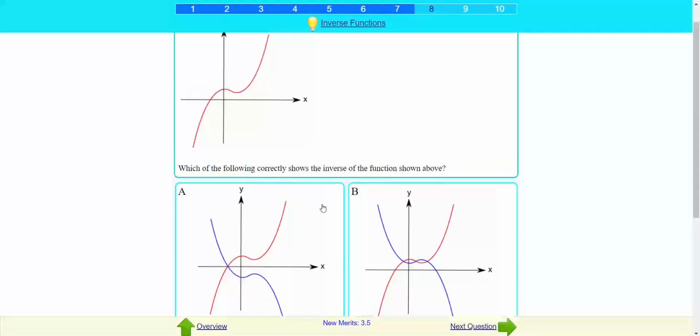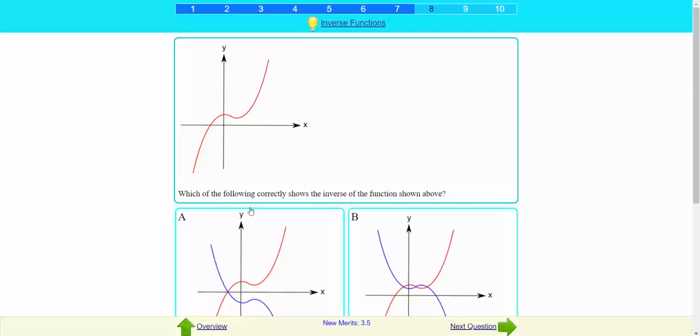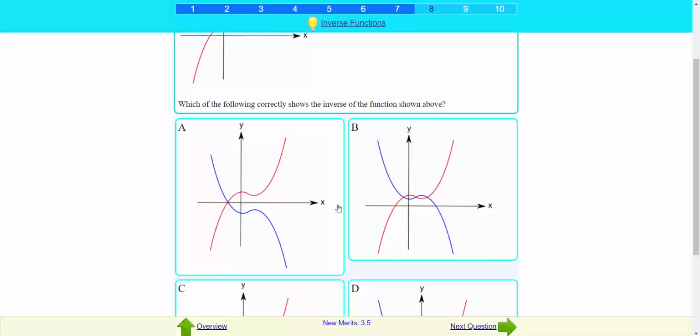Yeah, this is interesting. Which of the following correctly shows the inverse of the function shown above? They have to have an intersecting point of a slope. So this is not actually a slope. You can't really have a slope this way that divides both. It's not a slope. It's either vertical, and in this case it can only be our 2